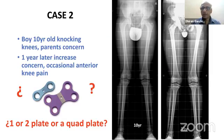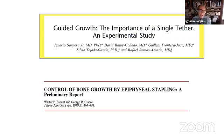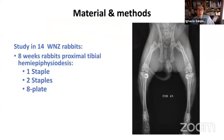Okay, so yes, Ignacio, you can continue with that. Okay, so I only found 2 articles in relation to the use of a single or more. The oldest article is the one of Blount, who already suggested in his article of the preliminary results about epiphyseal stapling that if you were going to use a single staple, you will get better correction, but the problem was mechanical failure. So we did a histological study just checking what was the difference between 1 staple, 2 staples,